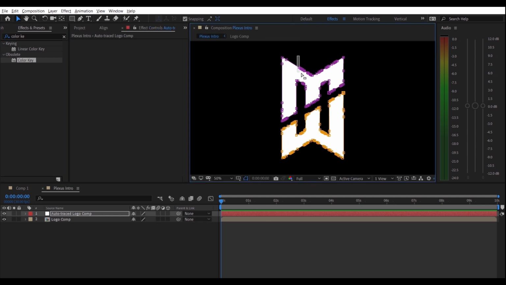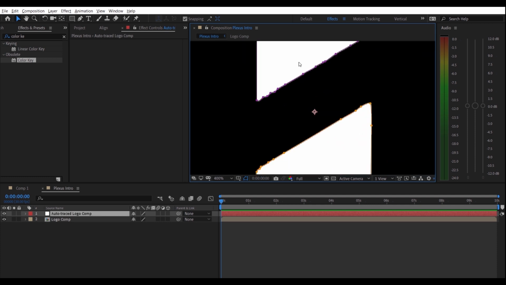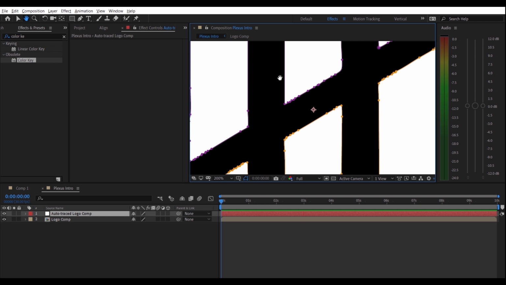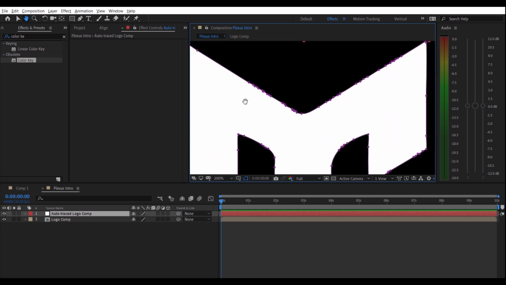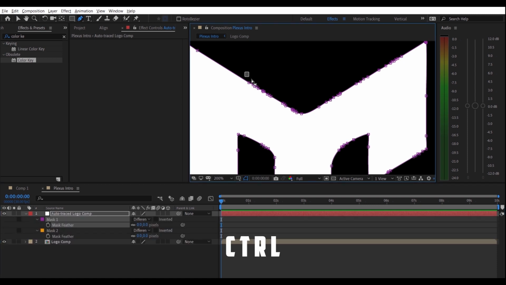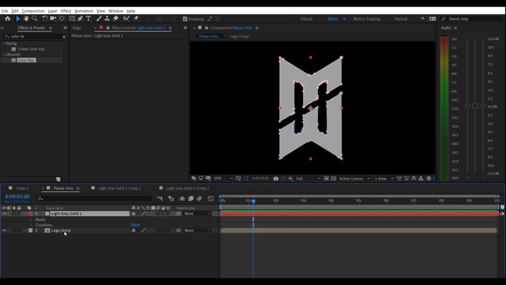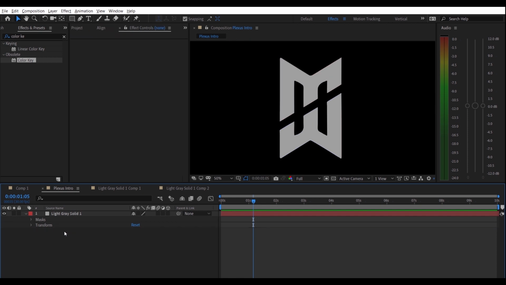So you know, these are straight lines, but it has given you many points. The background removal of the logo has not been perfectly done, so to make those straight you might have to select the pen tool and then hold Control and select the points and delete them, and like that you can do it for the whole logo. And this is how mine turned out.